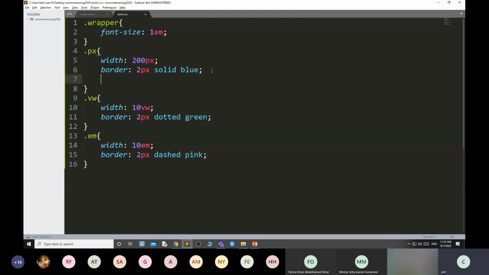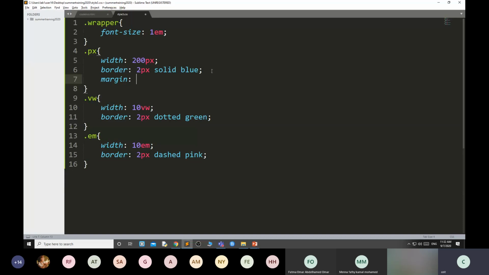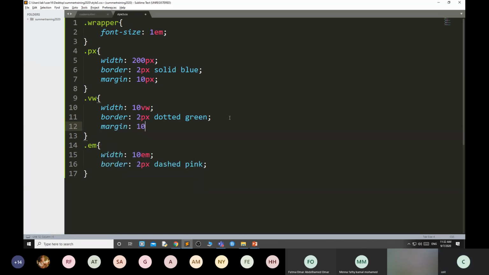That's why what you have to do, give the margin. Margin 10 pixel. From each side, I am giving the margin of 10 pixel. 10 pixel means 10 dots from each side.